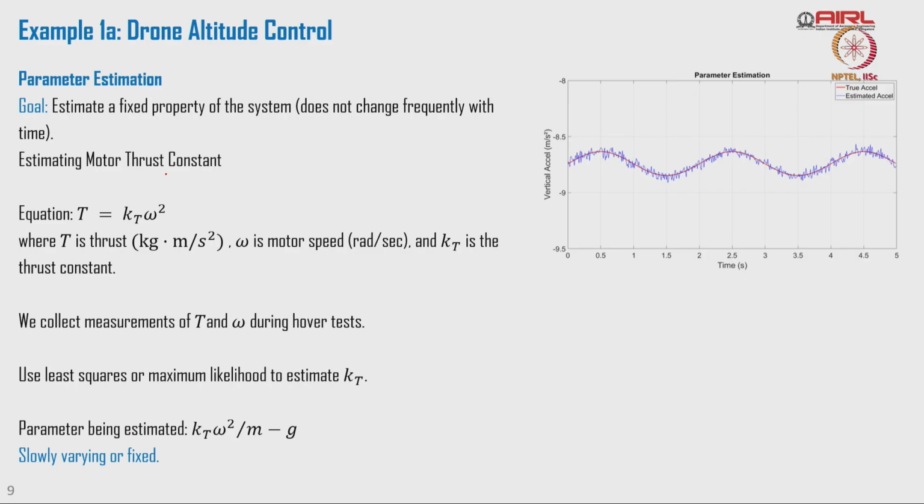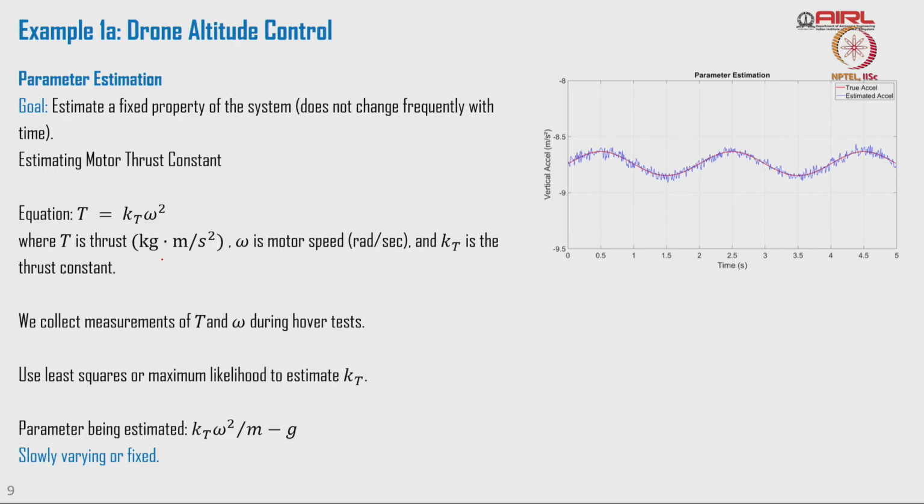T is the thrust which is going to be in kilogram meter per second square. Your omega is a motor speed in radians per second, you can measure it. KT is the thrust constant which I wanted to estimate. We can calculate the measurement T and omega during the hover time, right. I can find out what is the vertical acceleration that I could have, right. Thrust that I could get, omega I could get, and I can use this information to estimate my constant KT,